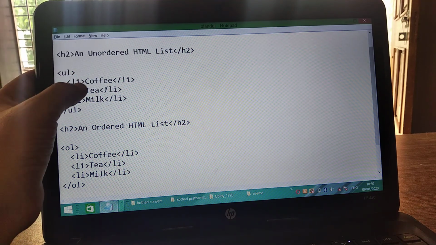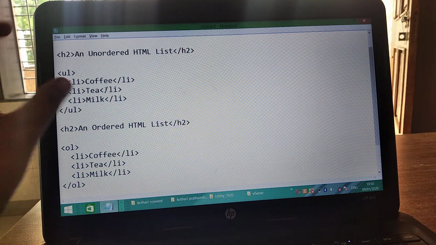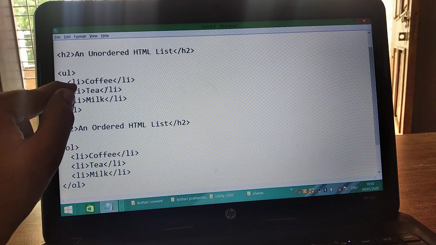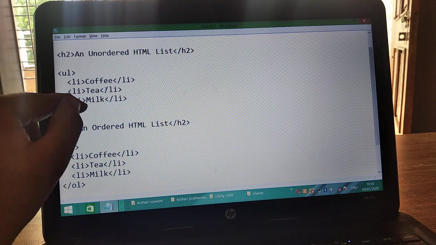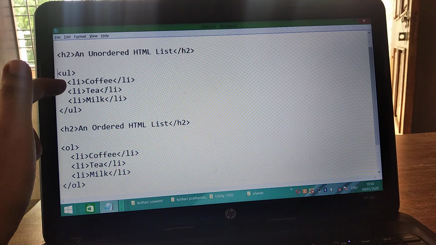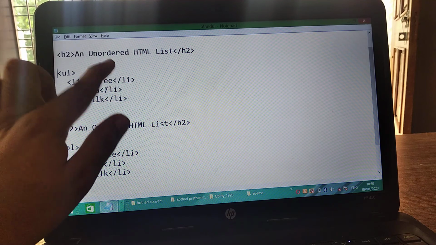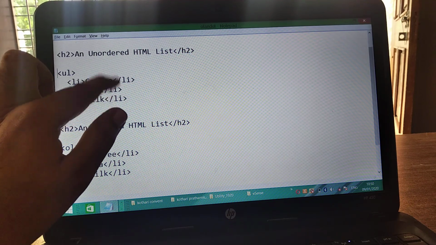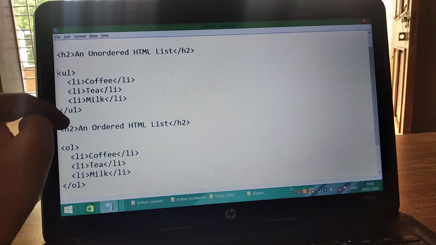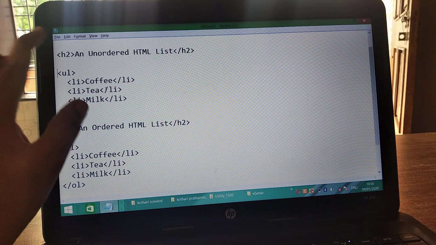So list item 1, list item 2, item 1, item 2, item 3. There are a total of 3 items, which will be separated with the LI tag. So we should type LI. You can skip closing the LI, but by procedure you should close LI, and you should close UL, up to where you want to display the text as a list.